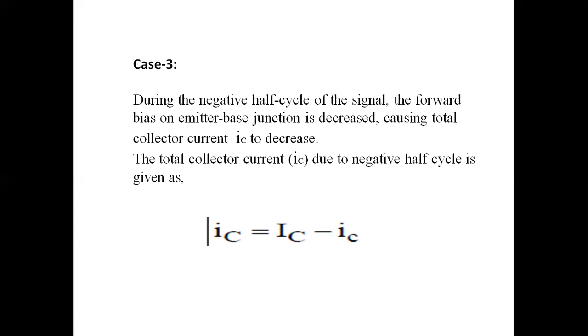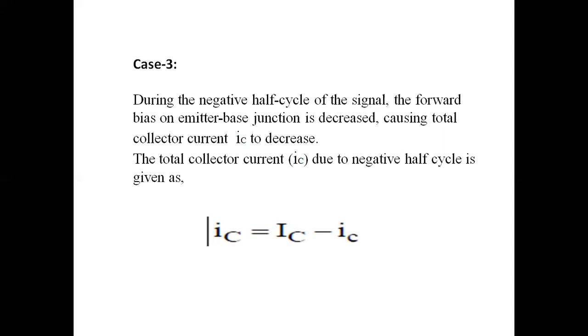Due to that, base to emitter voltage decreases, so that base current decreases. When base current decreases, collector current also decreases. Due to this, the entire collector current tends to decrease, which is due to negative half cycle. Due to this, in the negative half cycle, the total collector current IC can be given as IC